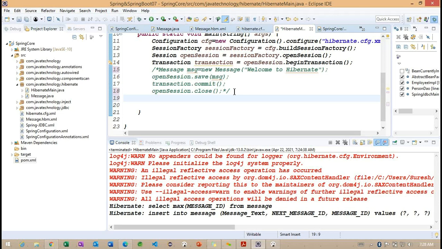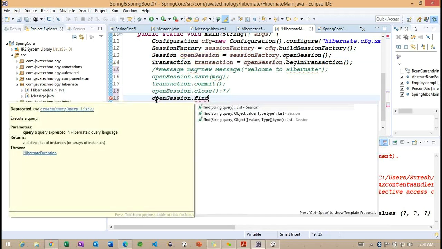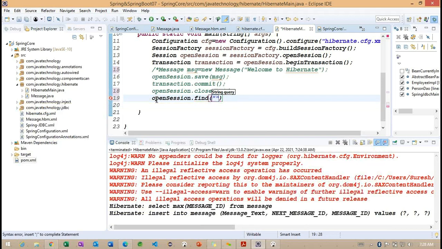Okay, so back here. With the transaction or session, what are we going to do? We'll try to work with the find method, session.find. Getting the point? Here I want to add a simple query. To load the data from the database, we need to add a query.